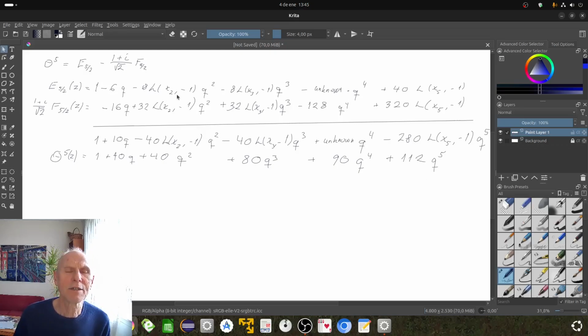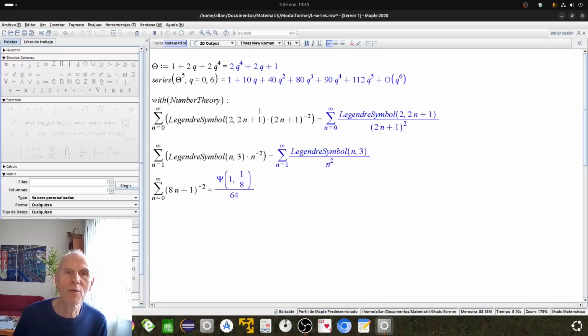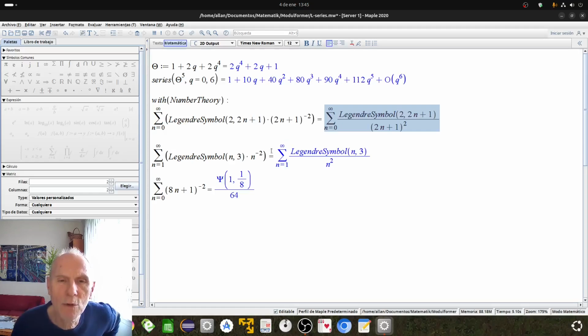I realized that this would give us the value of the L function at 2. And we might be able to sum that directly. So I went to Maple, and it didn't know the sums. Yeah, I could ask it to do it numerically, of course, but